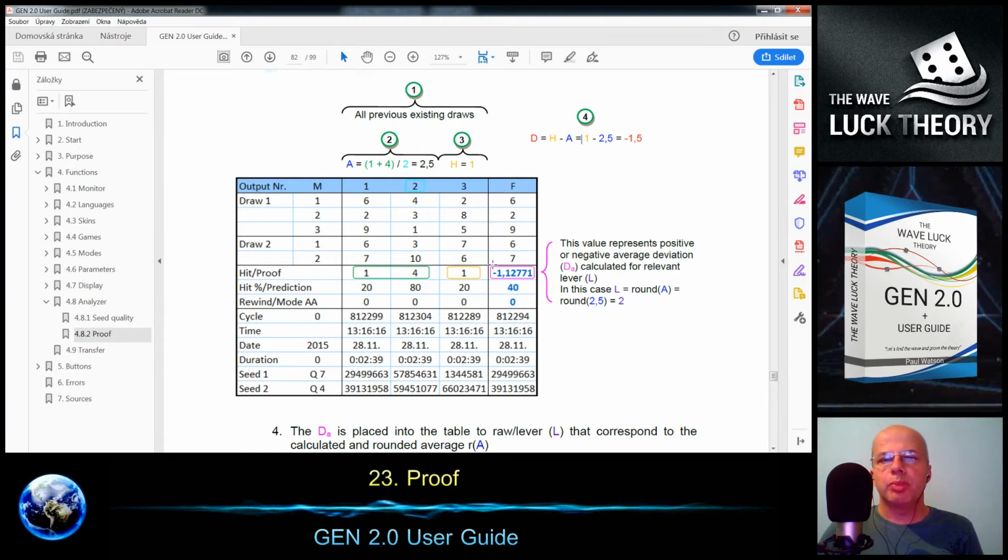It can also be printed in the monitor output box because it is calculated all the time. The level is based on the average, rounded to the level. For example, 2.5 is coming to level number 2, where we have the relevant average deviation.